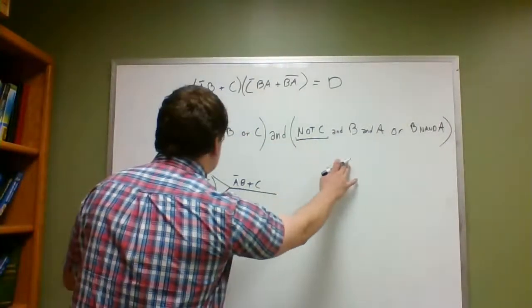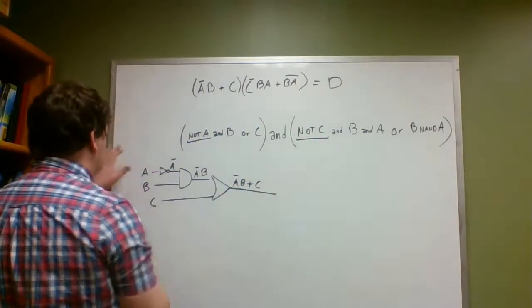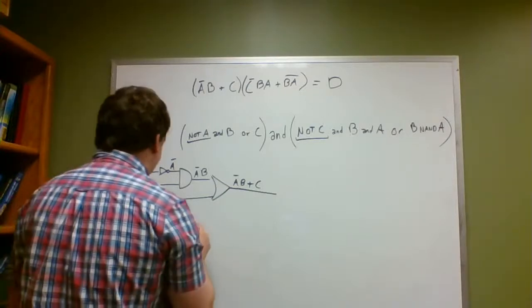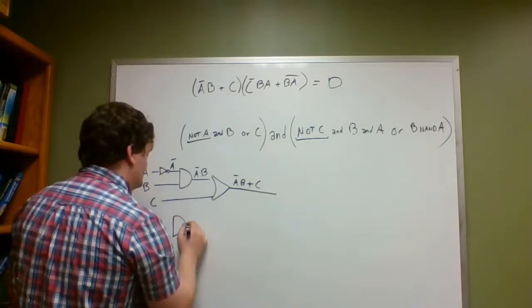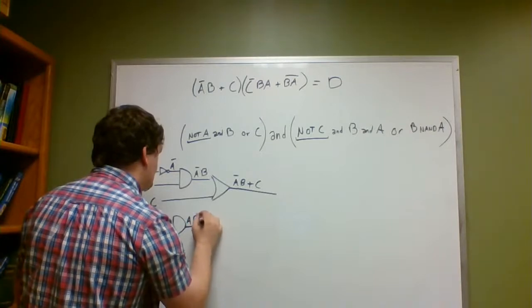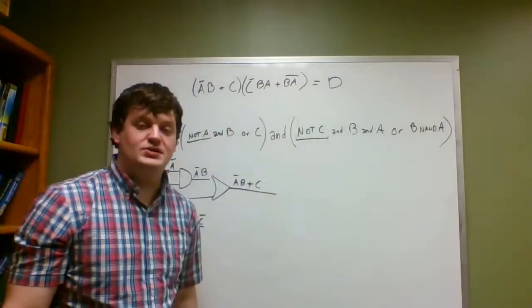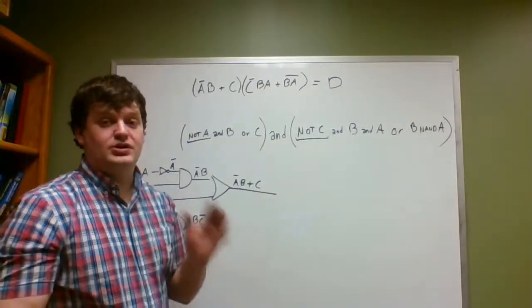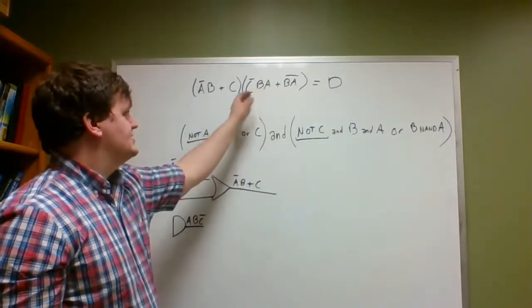So we have not C and B and A. I'm just going to write all of these three again just to keep it clean. So we've got an AND gate. The AND gate produces A, B, C naught. Notice I'm switching the order of the values. You can do that in an AND gate. You can do it in an OR gate too. You can switch the values around, as long as I'm not saying CBA,